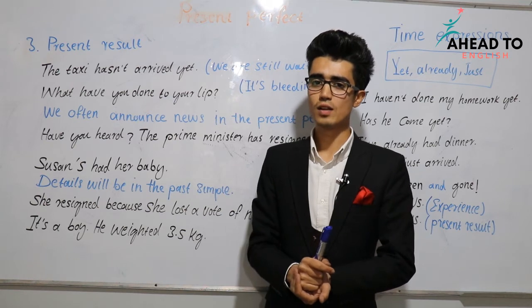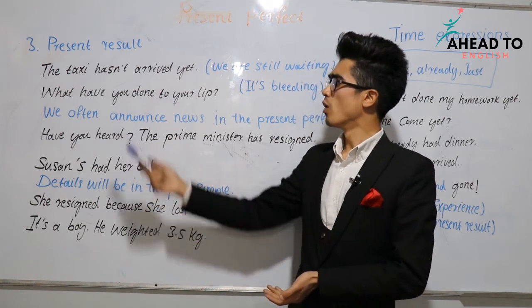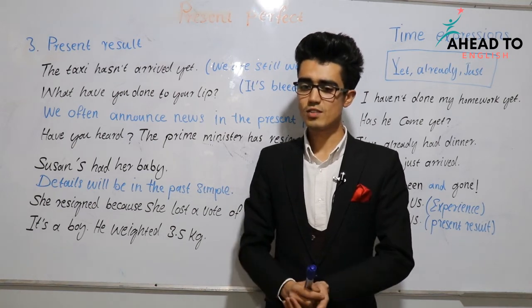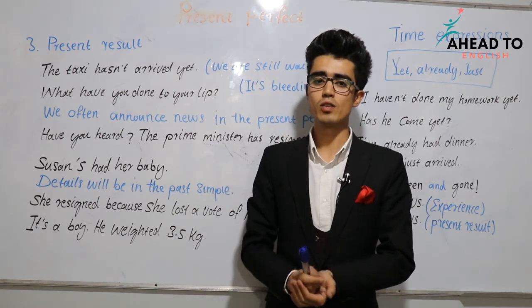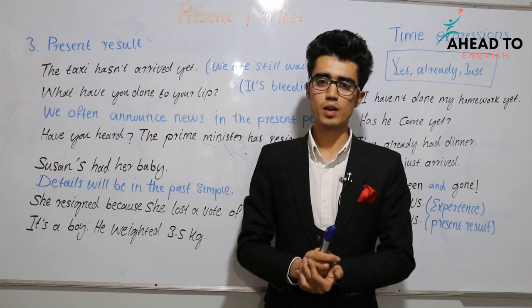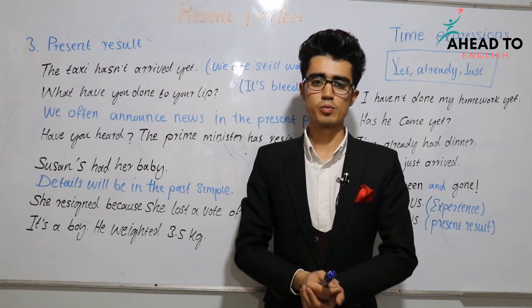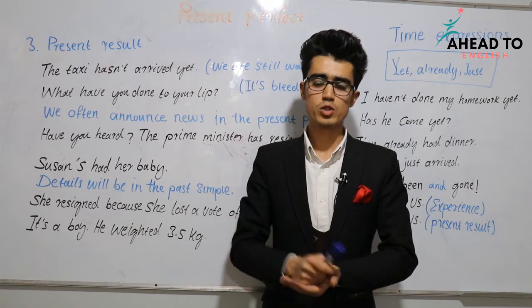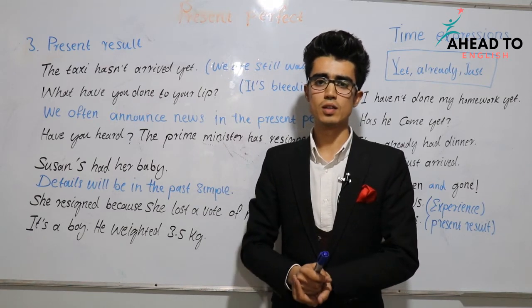تاکسی اکنون رسید. What have you done to your lip? با لبت چی کار کردی؟ خب نتیجه چی است؟ It's bleeding. خون ریزی داره. What have you done to your lip? چی کار کردی با لبت؟